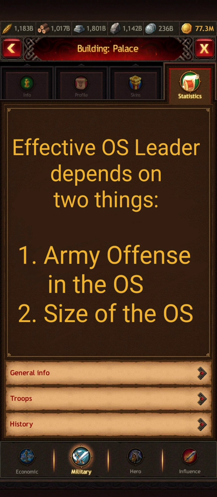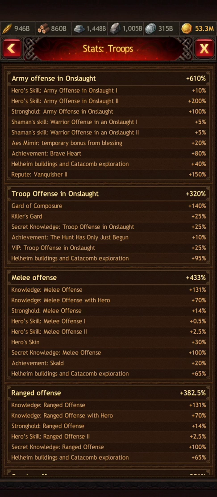Being an effective Onslaught leader depends on two things. One, the army offense in the Onslaught, and two, the size of the Onslaught. It is important to understand the significance of the difference between army offense in an Onslaught and troop offense in